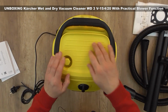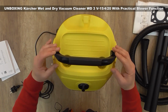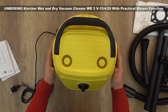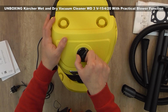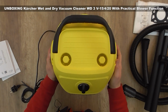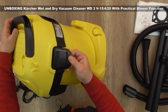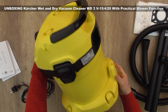Here you can put something on the top, you can use it as a working tray. The switch is 0 and 1. Now off is 0, 1, it's on. We're gonna open it and see what we have inside. Okay, let's check